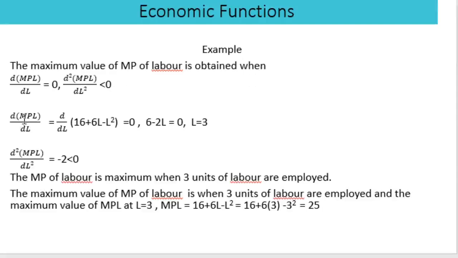d by dL of MPL equals 16 plus 6L minus L square equals 0, that is 6 minus 12, that is the differential of this function is 6 minus 12L equals 0, L equals 3. d square MPL by dL square equals minus 2, which is less than 0. Therefore at L equal to 3, the marginal product of labor is maximum, and the maximum value is obtained by substituting L equal to 3 into the MPL function, that equals